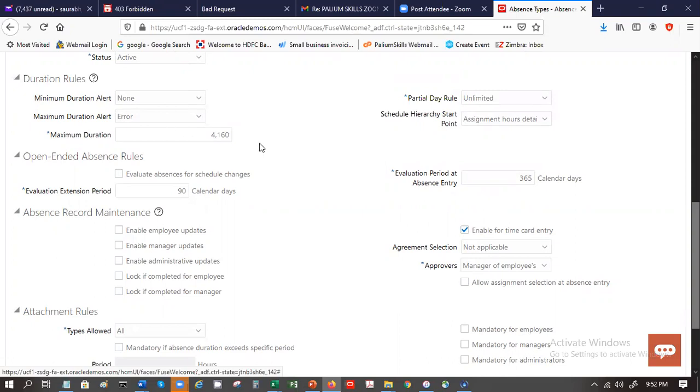So this is the maximum duration for this particular one.